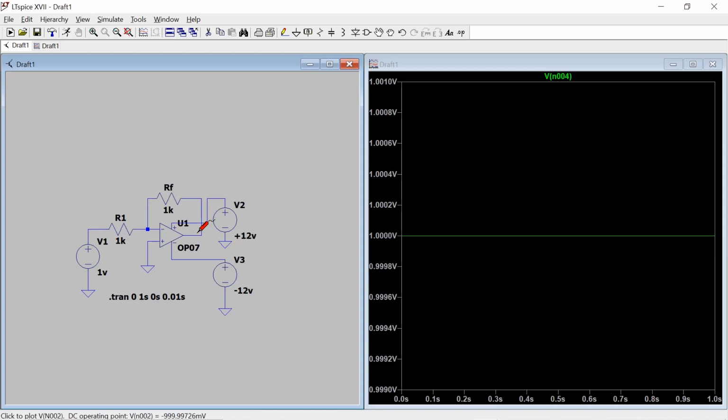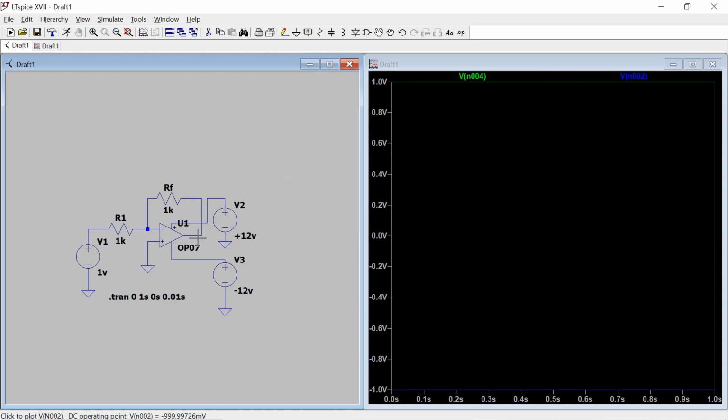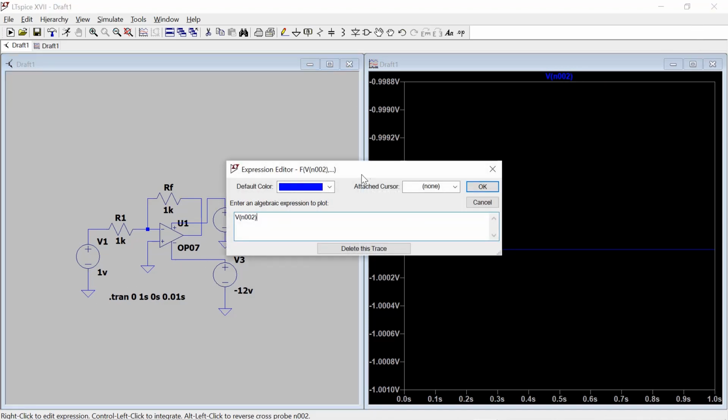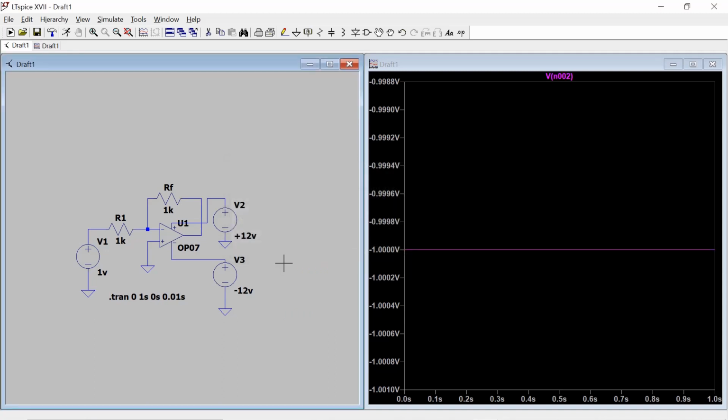And then the output you are going to get is at the 6th pin, which will be your output for the op-amp. So go to the output side, place your red color probe at the 6th pin, cursor at the 6th pin, click enter. See here, minus 1 volt. Minus 1 volt as well. If you want to see it better, right click and change it to pink color. Okay. So see here, we have given 1 volt as an input. Our inverting amplifier inverted and it produced output as minus 1 volt.